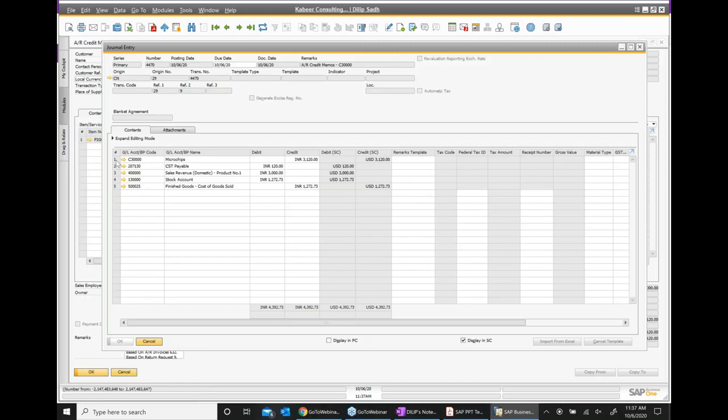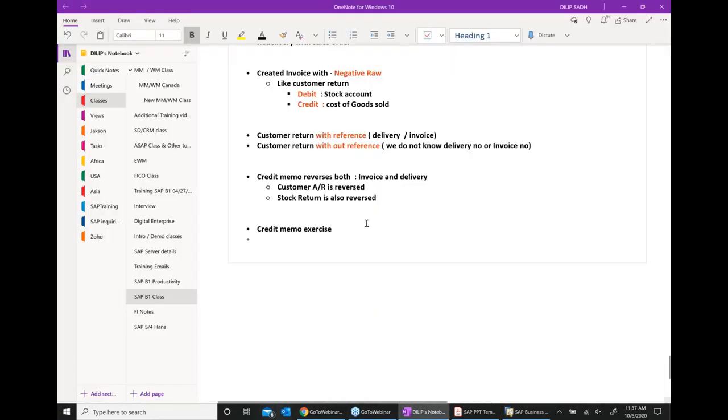We have customer credit, microchips, tax debit, revenue debit, a reverse entry now. And see these two entries, 4 and 5 at the bottom, the stock account. Remember, we mentioned both. What does the credit memo do? The customer is reversed and the customer return is also written.